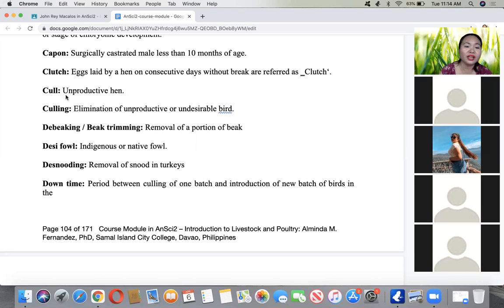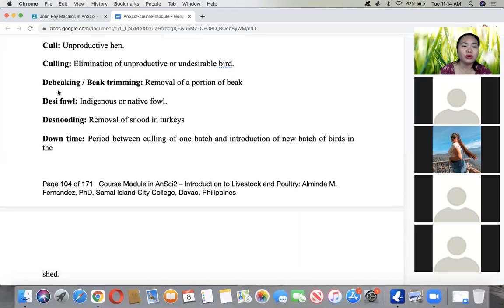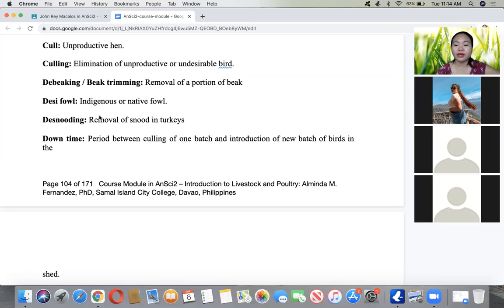And cull if they are already unproductive. So ikakal ka na. Or the process itself is called culling. And we also have the removal of the beak, para hindi masyadong nagsasakitan ang mga chickens. So we debeak them or beak trimming. And decifowl